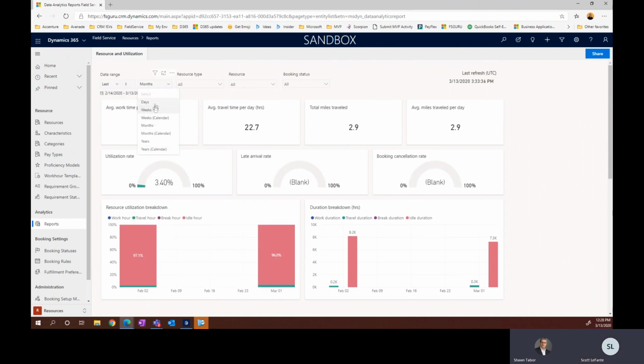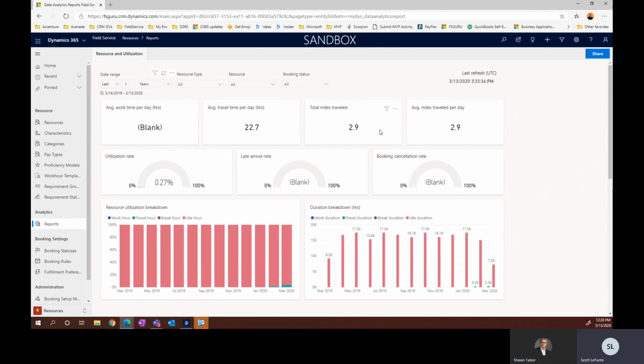Well, and what I really enjoy about this is I can start slicing and dicing, right? Just what is exactly going on within my organization, within my resources. Granted, again, this is a net new environment with some sample data, but if I wanted to look at just maybe a handful of my resources to see what's going on, I could go ahead and do that. I could start looking at individuals over time and see